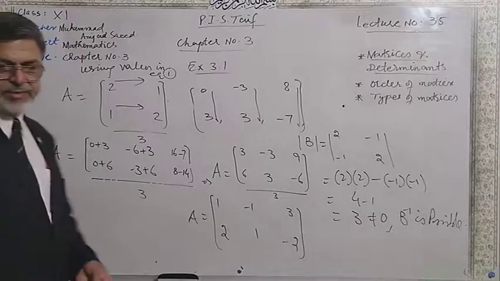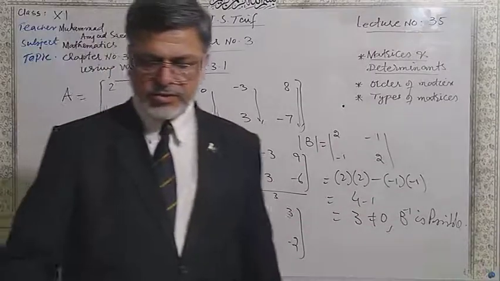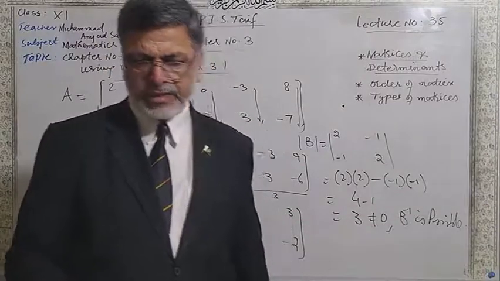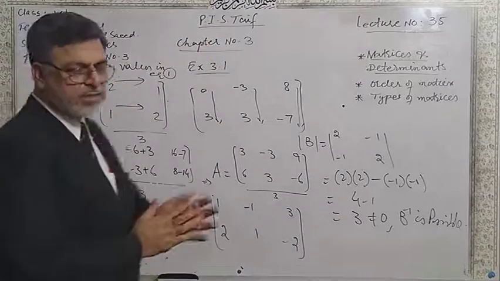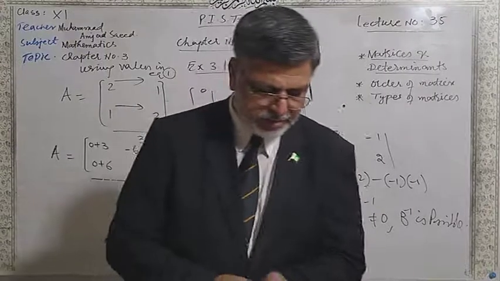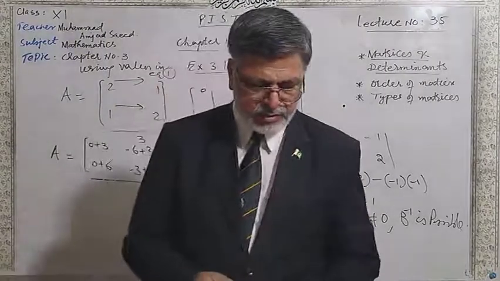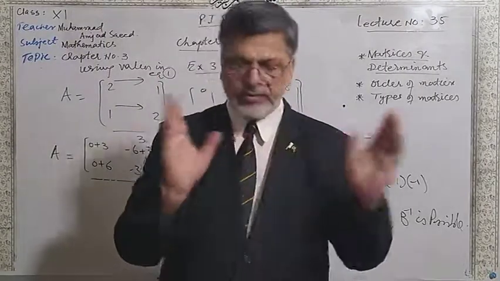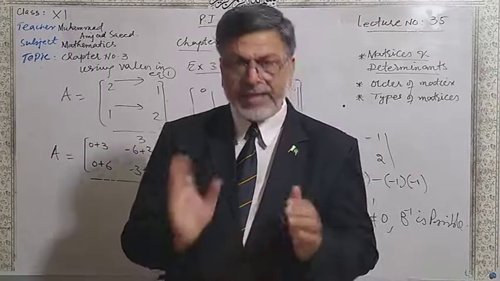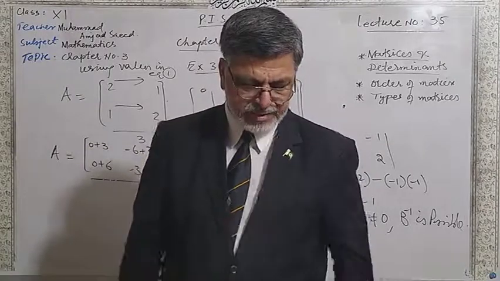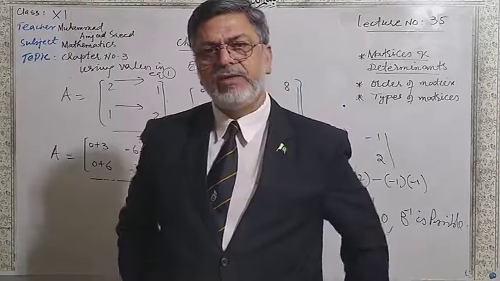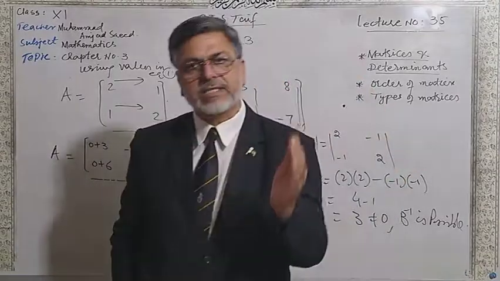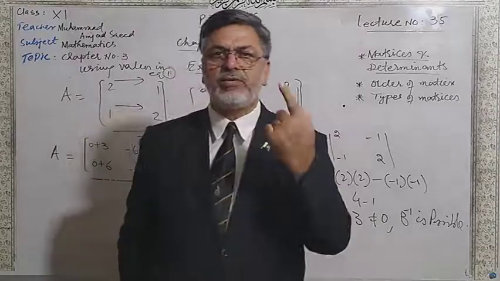Dear students, I hope that you understood this question and you can solve the next question very easily. In case of next question, you multiply left hand side the two matrices and at the end you will have r cos square phi plus r sin square phi. You will take r common and cos square phi plus sin square phi will be equal to 1.